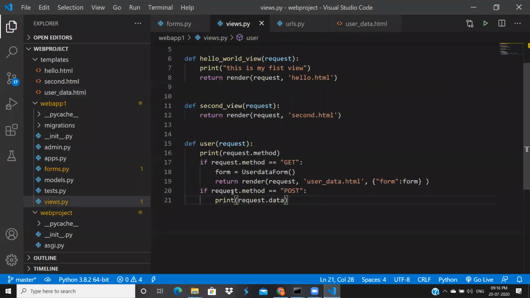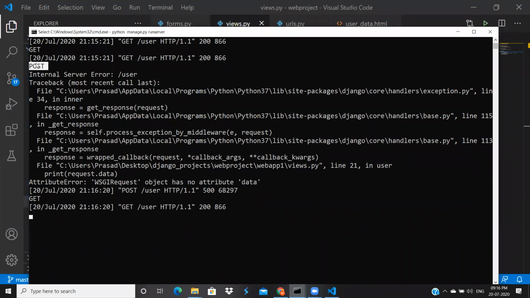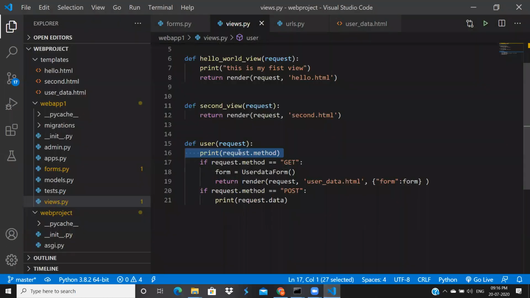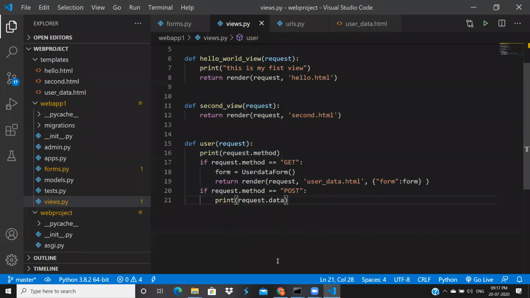If you observe here, the request came to this user function. It's printing request.method. Inside request.method we have post here. It's printing post, which means that's a post request. That is not a get request, so we don't execute this block. We don't send an empty form to the user. Instead of that, we need to store this data on the server. Before that, just wait for a minute.